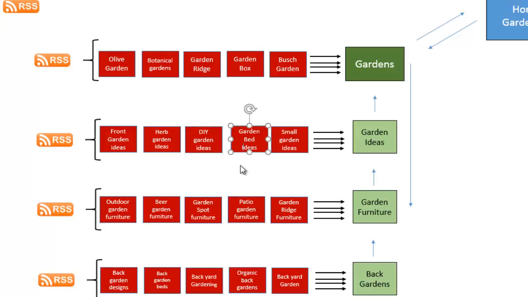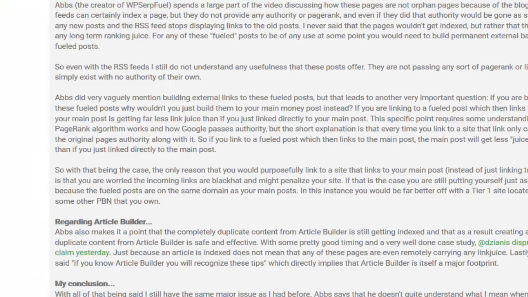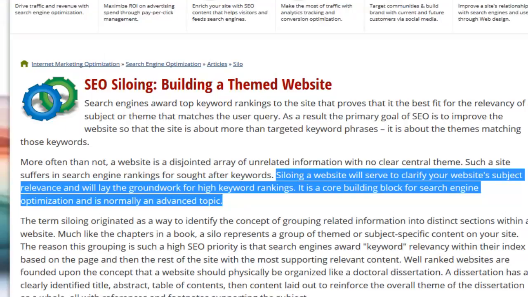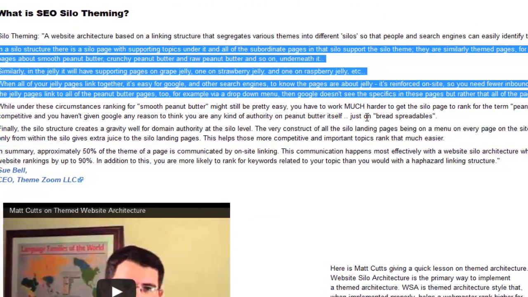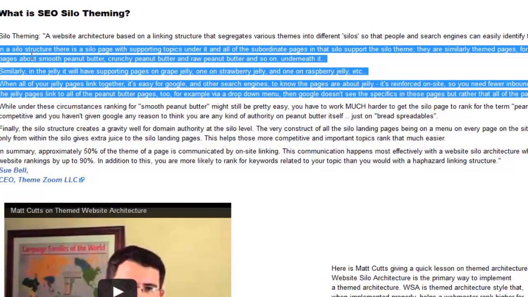Think about the relevancy boosting. Okay, and I'm going to take you over to Bruce Clay's blog. Well, you know what, let's look at Theme Zoom first. You must have heard of Theme Zoom. They're very big on silos. I'm going to actually read something about silos to you from Theme Zoom, which actually tells you that silos,